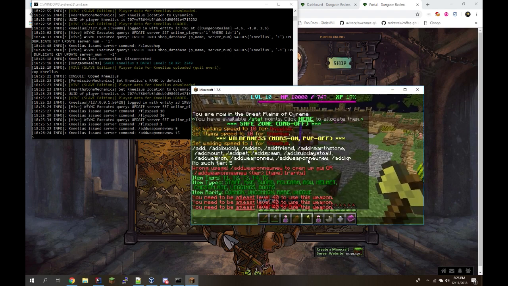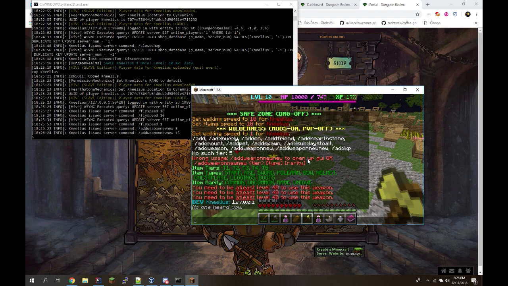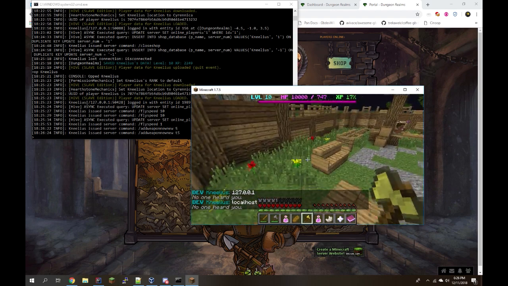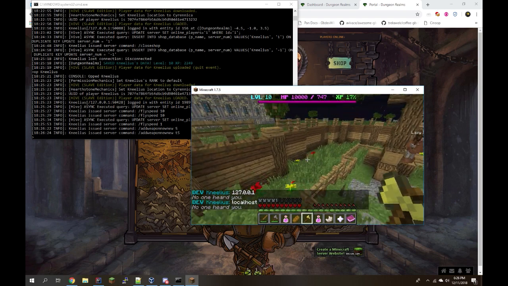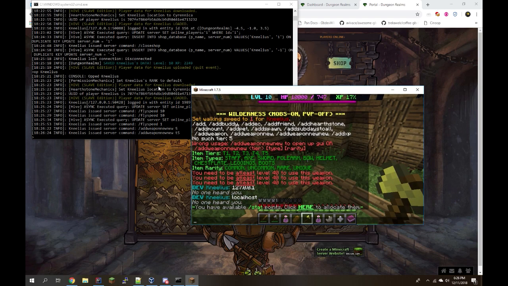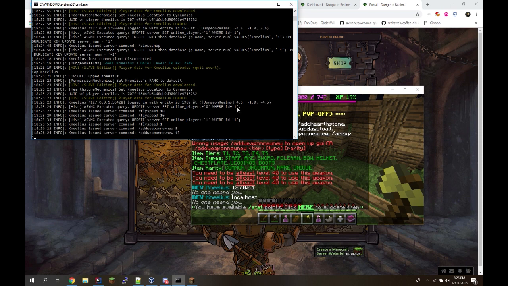Oh, I forgot to say how you connect to this server. The IP that you connect to is 127.0.0.1, or localhost. Both of those will work in the direct connect menu, or when adding a server. And it should let you just connect to it like this, given that you have it online. And yeah,